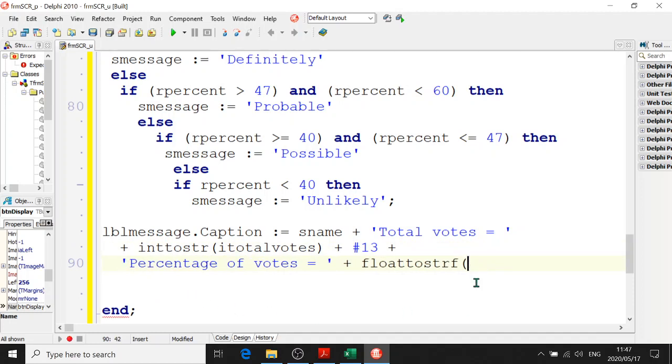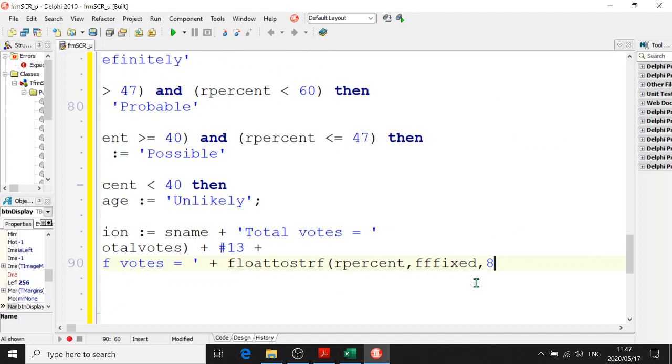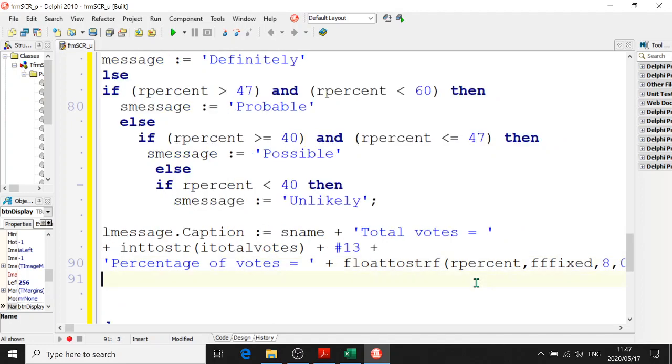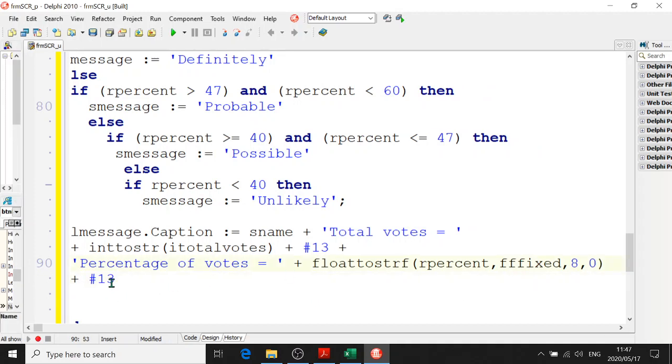Float to string F, R%, FF fixed. You've got to get used to using float to string F, 8, 0. Right, plus, let's do a hash 13. So we've got our float to string F there for our real number. Then we're adding another line,